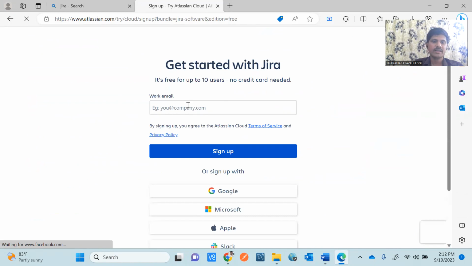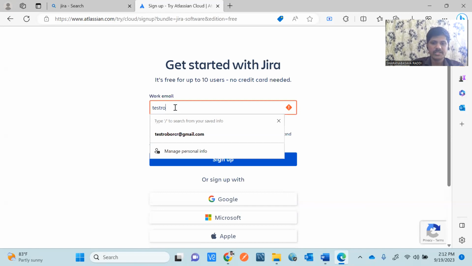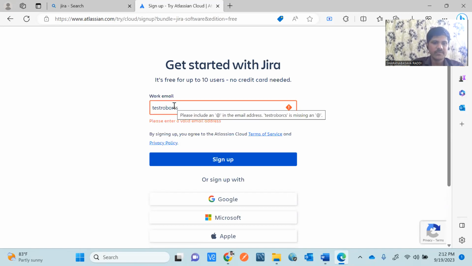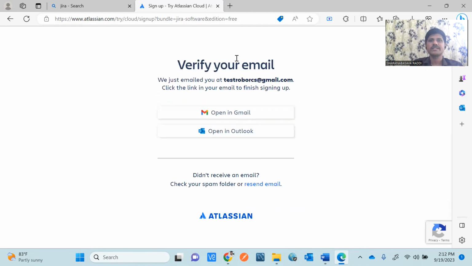Okay, so when I click on next, it is asking for some mail. For example, if I give testrobo rcr@gmail.com, okay, then if I click on sign up, it is again asking whether you want to verify through your mail, that is Gmail, or if you want to verify the things from the Outlook. Okay, if you want to verify from the email, just click on email, and there you will get the link,